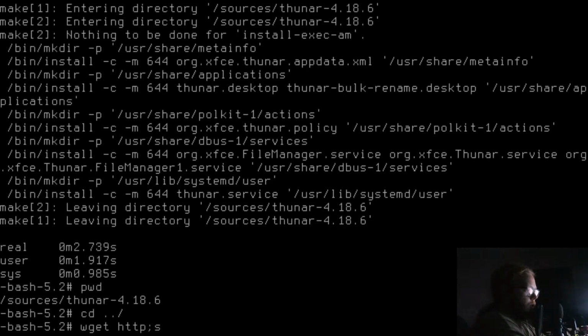wget https://, this is a dependency. libgudev is a dependency of Thunar Volman. We might need it.